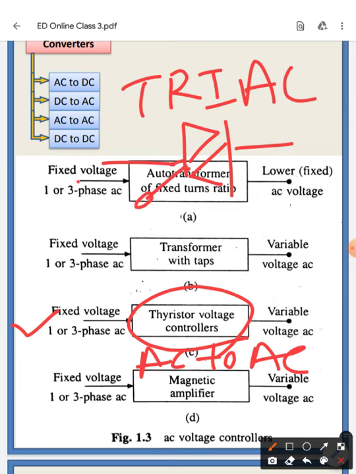When a triac is used, it may be your anode, it may be your cathode. If the first one is anode, then this is cathode, and for the other, cathode is anode, and this is the gate terminal. So this gate terminal is common to both the thyristors. The first one and second one are an integrated part, so a single terminal can be used for both the thyristors. So this triac chip can be used for the AC to AC conversion,